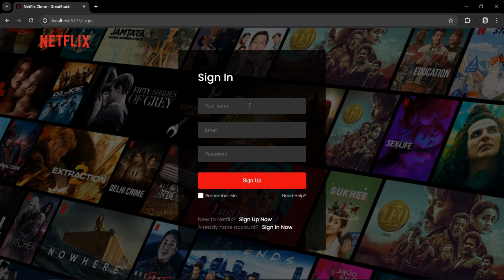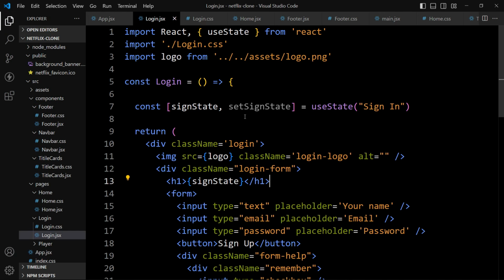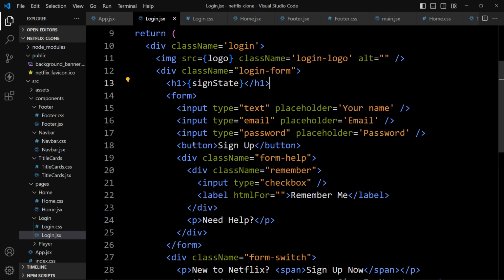Now let's come back. When we are on this sign in page, it should hide this name input field. It should only display email and password, because we provide the name while creating our account. We don't need the name field in the login page. So let's come back, and here we have added your name field.